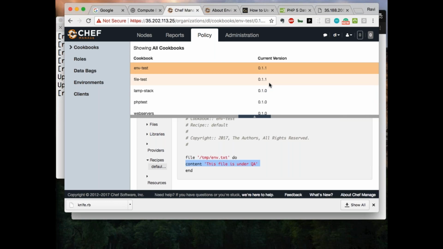Try it out with the LAMP cookbook. We already created Apache and PHP. I wanted to work with a MySQL cookbook as well. Once you have it, you have the LAMP cookbook with it. You can apply the same versions with roles and environments. You can go and apply both the versions. So let's say in my dev environment, I should have only the date displayed. In my QA environment, I want date as well as time. Just try it out. Just like how you can apply that concept of environments and roles, you'll get both.